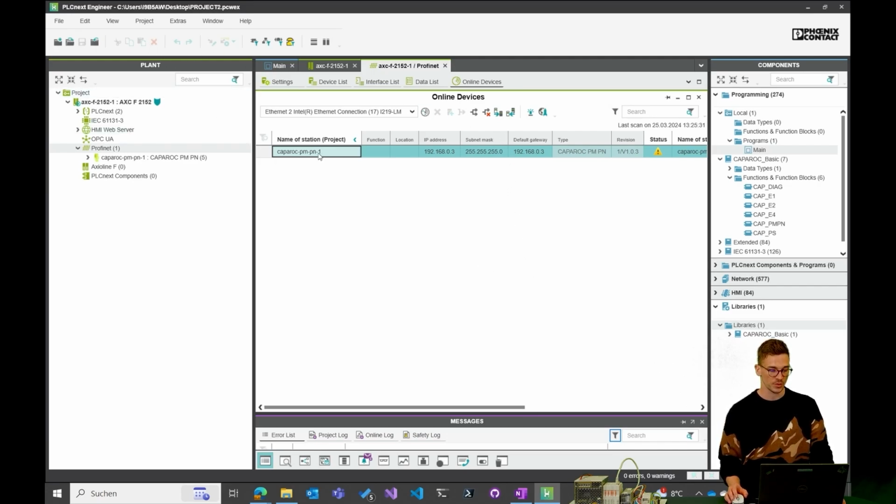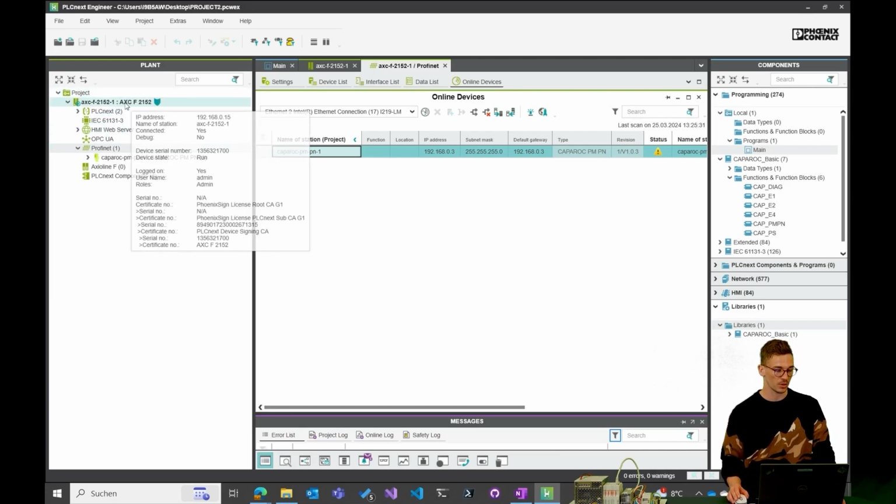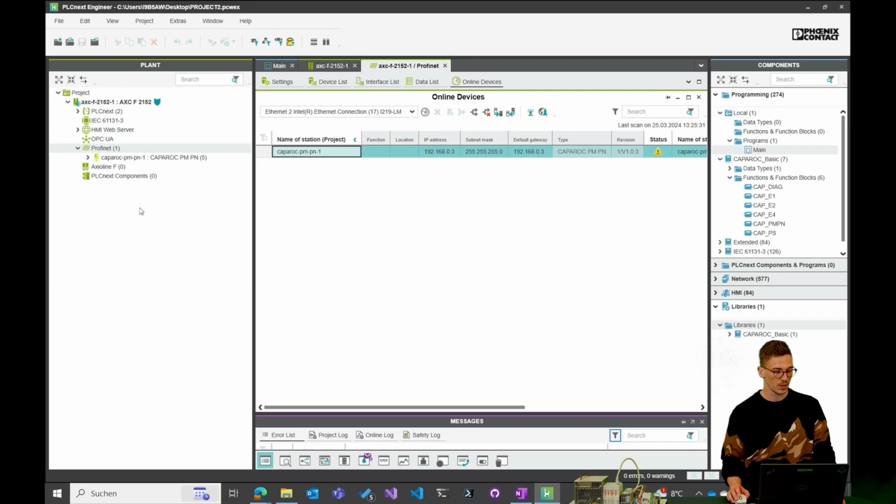The first thing you always want to do is set up your hardware. So I already integrated the controller, and I also did the Profinet setup here.